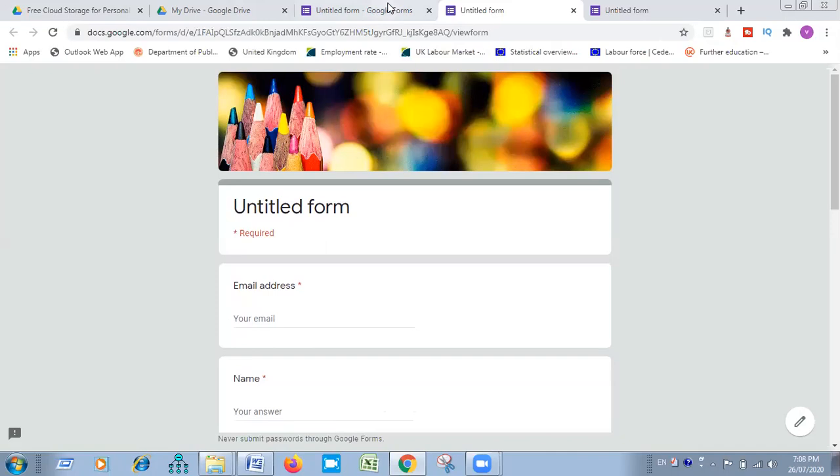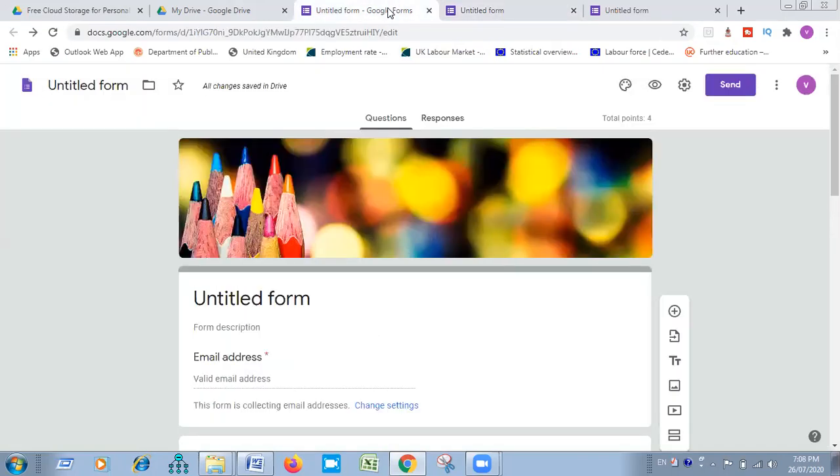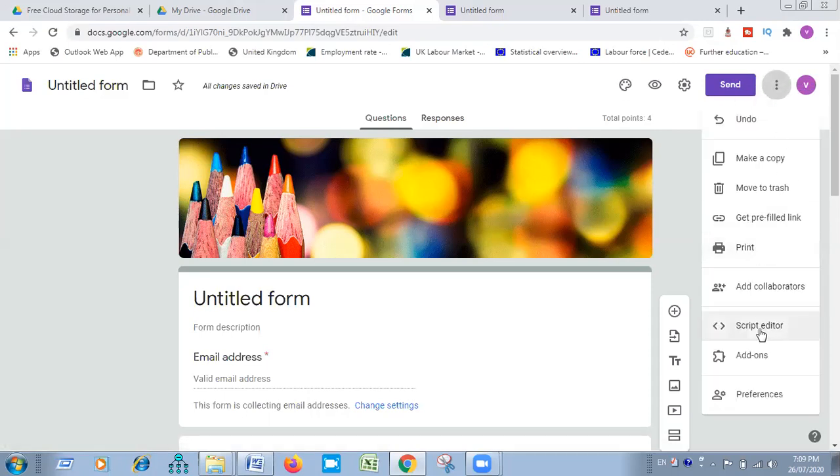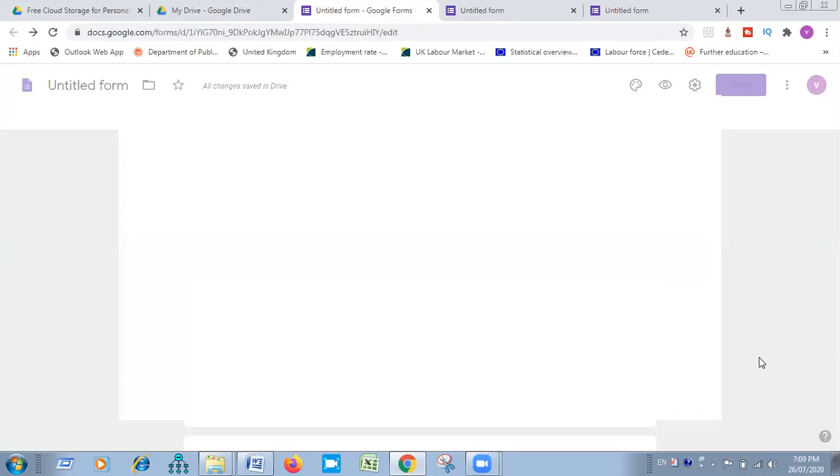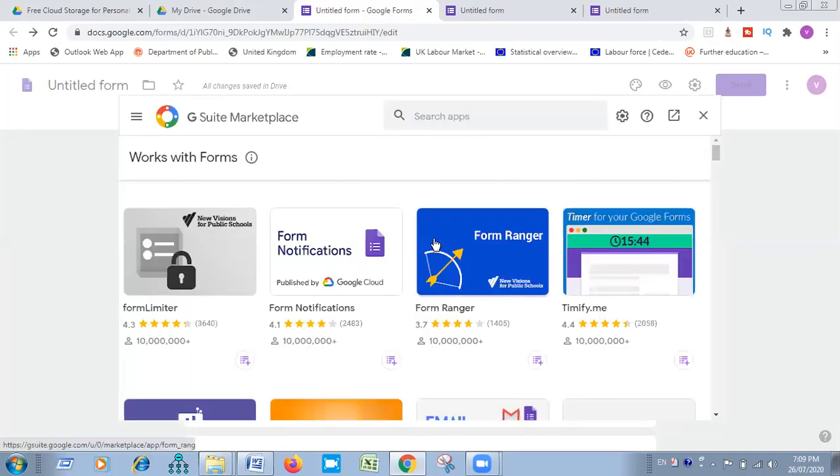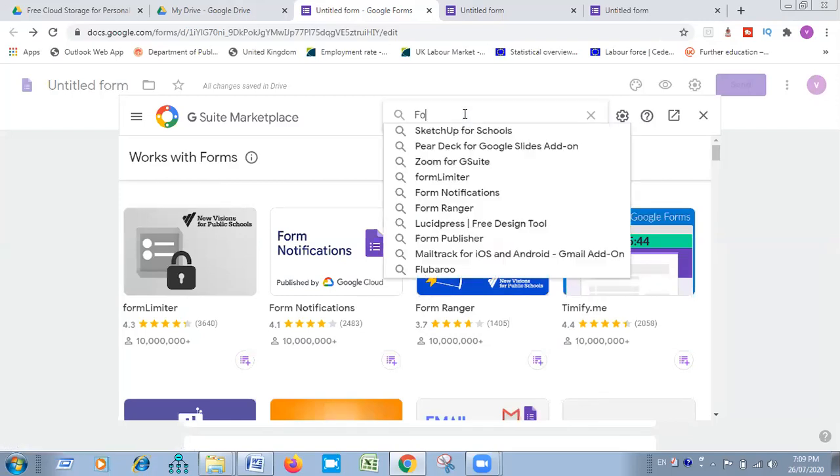But the thing which is missing here is, we have to provide timer for the question paper to finish. For example, if our Zoom meeting is of 40 minutes, then 30 minutes are, suppose we have given maximum time 30 minutes. So we want a timer to act. To do this, what we will have to do, we will have to click on these 3 dots. We will have to click on add-ons. When we will click on the add-ons, there are a lot of apps that are provided to you by G Suite Marketplace. Here you will click Form Presenter.